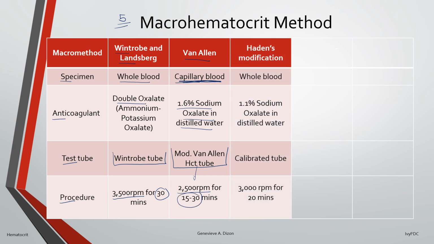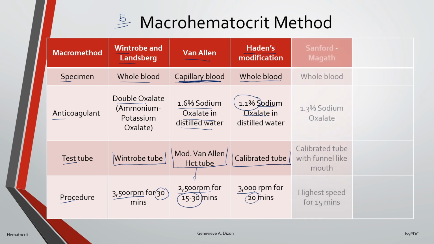The third method is called the Hayden's modification method, and like the Wintrobe method, this also uses whole blood. And like the Van Allen method, it uses sodium oxalate 1.1%. The test tube to be used for this method is called a calibrated tube and should be centrifuged at 3,000 RPM for 20 minutes. The fourth one is called the Sanford-Magath method, which also uses whole blood and also uses